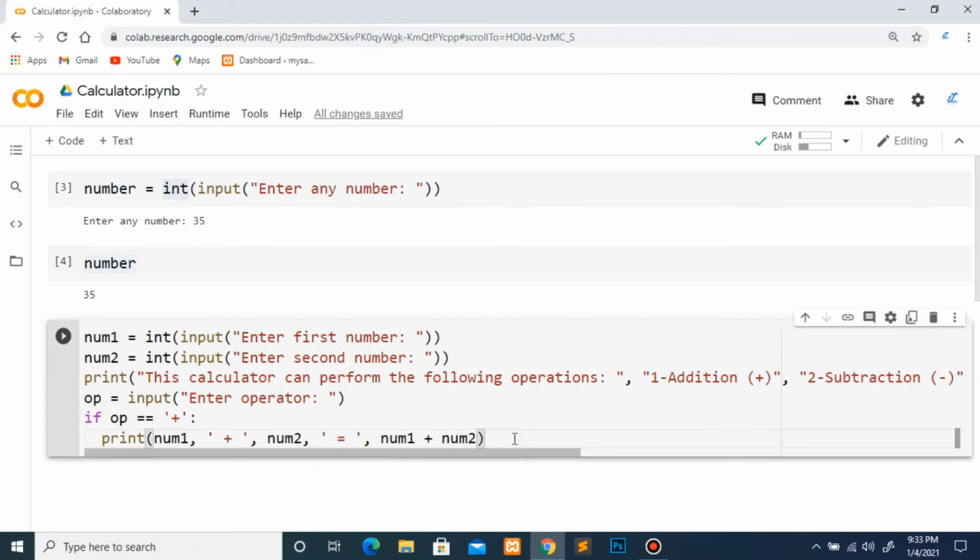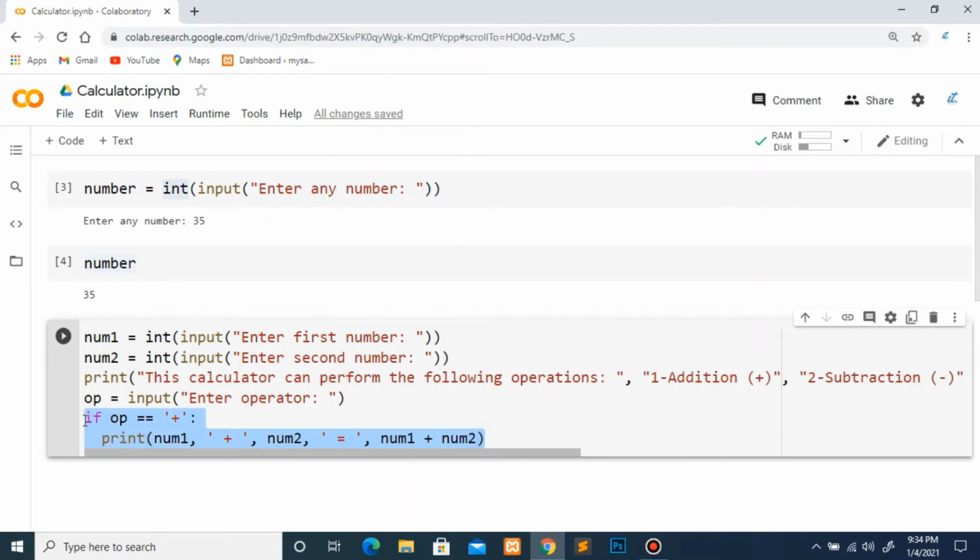So what it will do, it will print the value of number 1, then it will display this plus symbol as it is because this is written in single quotes. Then it will print the value of this number 2, and after this it will display this equal to symbol as it is written in single quotes, and then at the end it will calculate number 1 and number 2 and display the sum of number 1 and number 2.